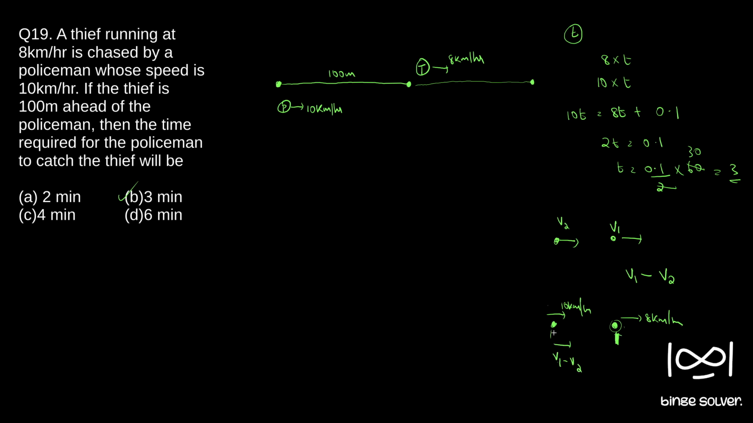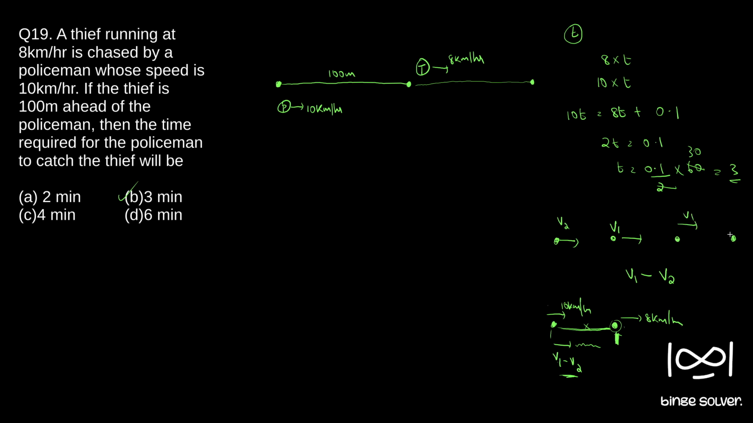So if this person is standing still, and he is moving at v1 minus v2, then at a particular time their gap will be closed. This distance, if he is standing still, can be covered in v1 minus v2 time. And in the other case, when they are moving toward each other,